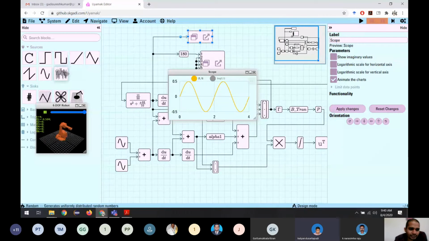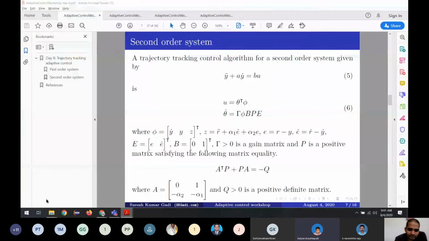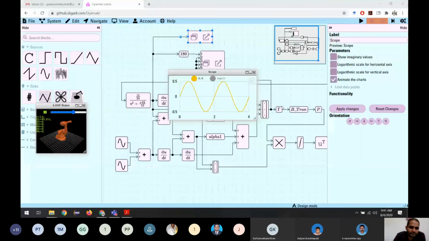So we have to see that the desired output should have continuous first derivative and second derivative, because of the equations we are using. Here we are using the second derivative and also the first derivative. So we have to make sure the reference first and second derivatives are finite values. We don't want to give infinite values into the controller input. Yeah. Okay.